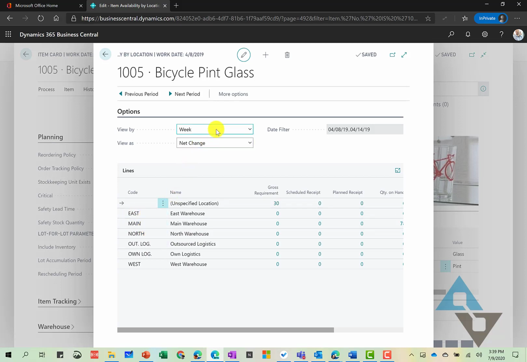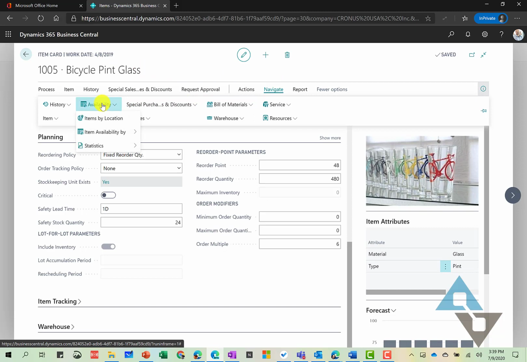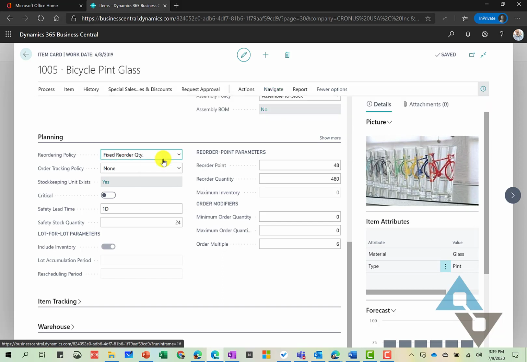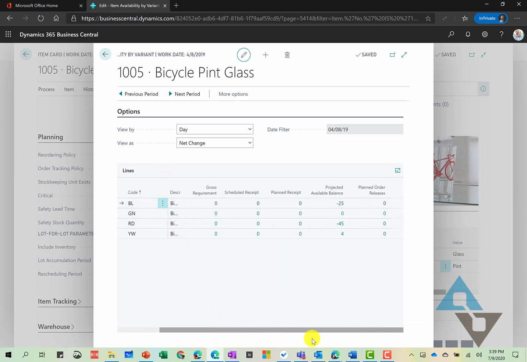And I can even take a look at these in different time periods. So location is one way to be able to look at items. Another way to look at availability is, we talked a little bit about variant code right before. So these pint glasses come in different colors. So if I click on variant, I can now look at each of these pint glasses and availability by different